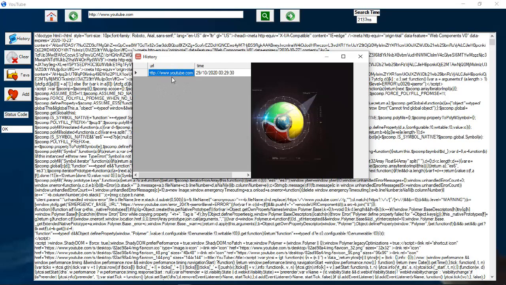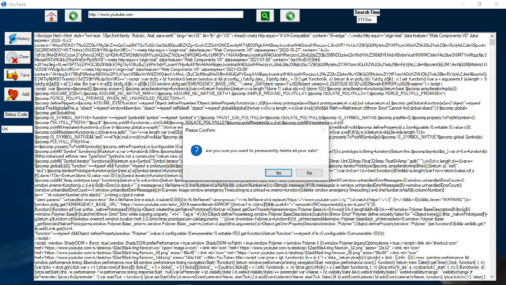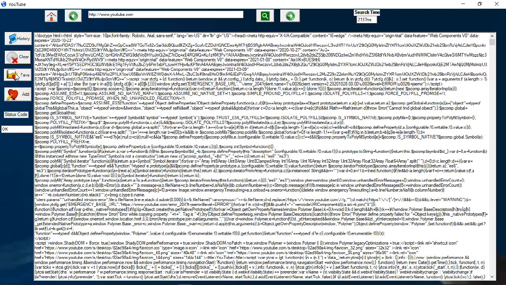So it will split it using the @ sign as we read it from the database, and then display it appropriately here. Now, this is what you can do in the history. It's possible to delete the history with this clear button here, but you'll get a prompt asking whether you want to delete the history permanently, because this will erase it permanently from the database. If you're sure that you want to delete the history, click on yes. If you're not sure, click on no. For now, I'm not sure, so I'll just avoid it.